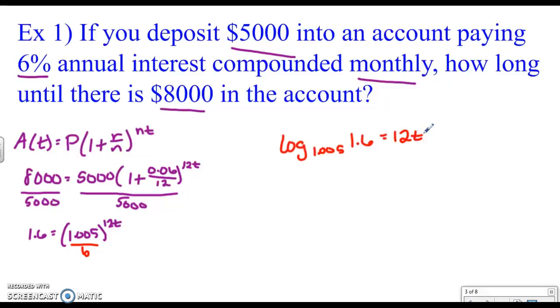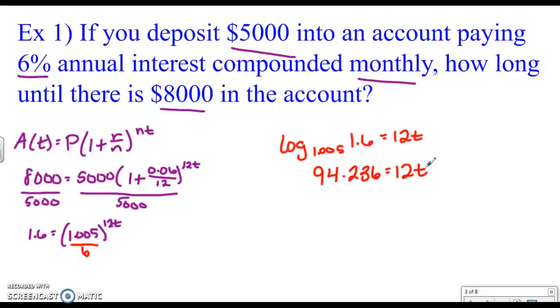So we're going to type that into our calculator. We're going to do log of 1.6 divided by log of 1.005 and get 94.236 equals 12t. And then if you divide by 12,